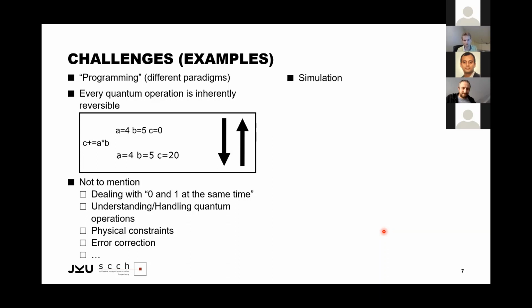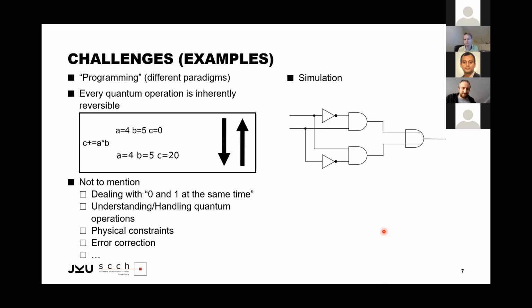Another problem on top of all that is that we have a substantially larger complexity in all the design tasks we're tackling. As you all know, as experts in the design automation realm, we are used to very, very hard problems with respect to complexity, and so we are not afraid of complex problems. However, in the quantum domain, many problems have an even harder complexity, and I would like to briefly illustrate that with the example of a simulation here.